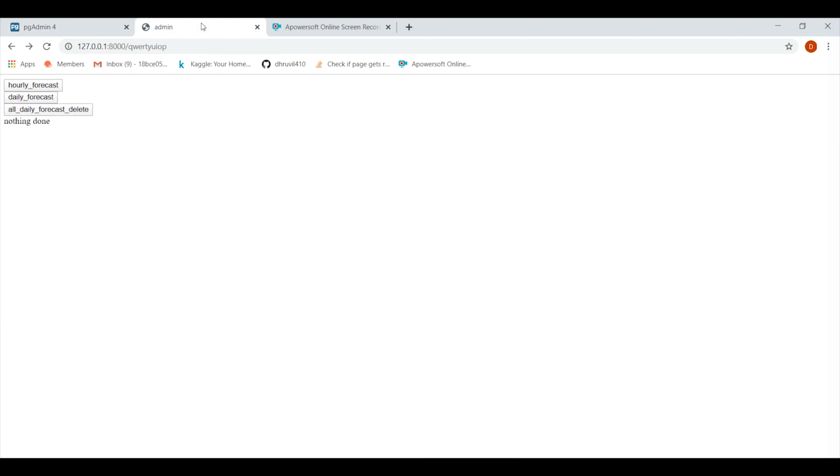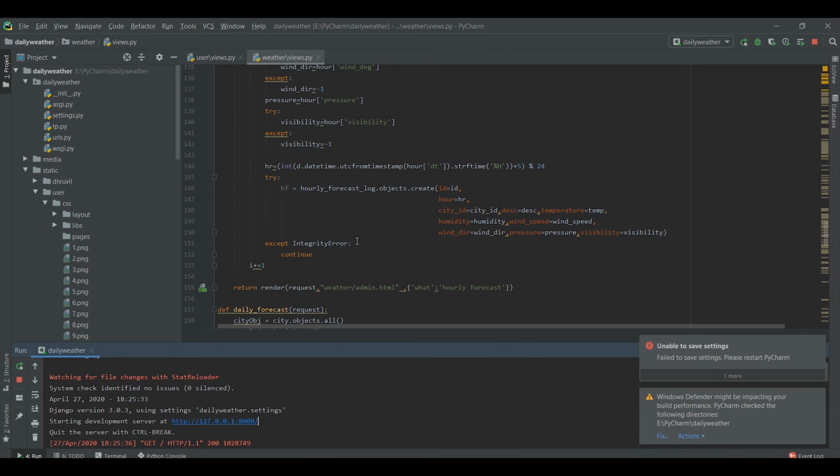Let's understand how data is stored in the database. Before we see the site, I'd like to show you how daily and hourly data is stored in the database. For this purpose, we created one page. You can reach this page by providing this URL. Here we can see a simple HTML page with 3 buttons. We will see them one by one. The first button is for storing the hourly forecast.